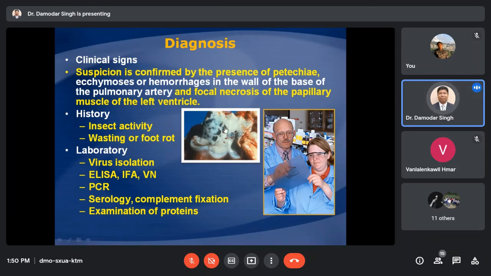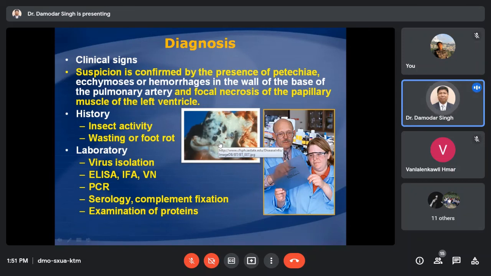I have already shown one picture, and I am showing another picture here. So this kind of multifocal hemorrhage lesions in the wall of the pulmonary artery, as well as at the base of the pulmonary artery, is very much important. In association with this, some focal necrotic lesions of the papillary muscle of the left ventricle. Okay, then your suspicion can be confirmed that maybe this,